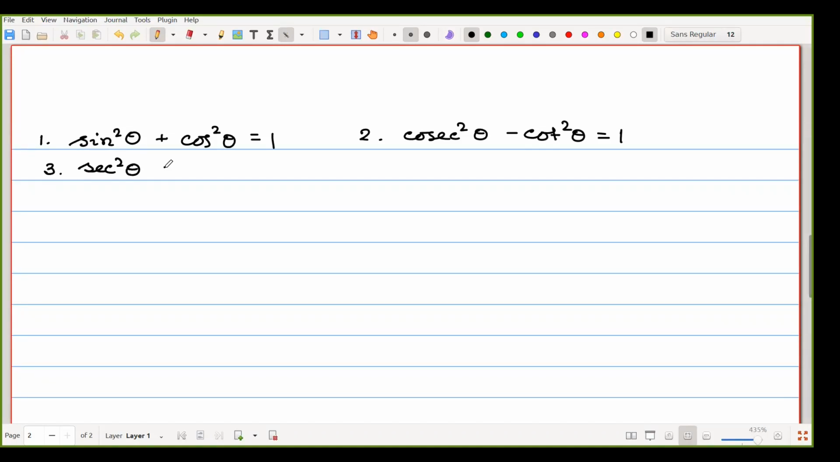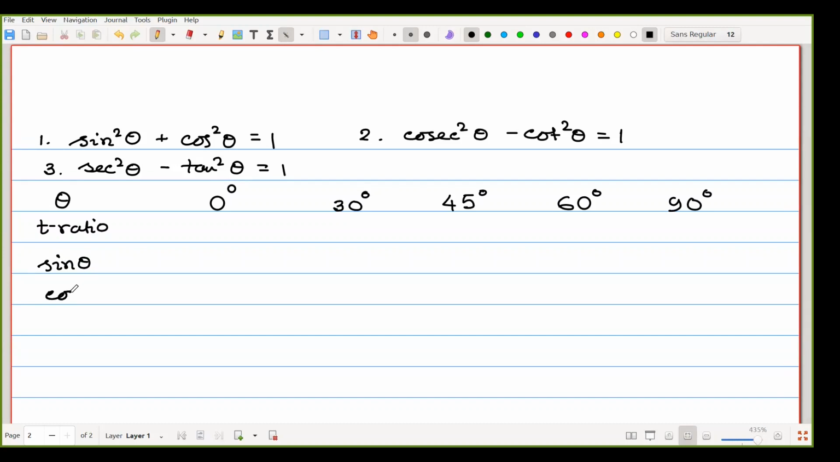Sec square theta minus tan square theta is equal to 1. Now for some particular angles, suppose theta is here, the trigonometrical ratios for the angles are 0 degree, 30 degree, 45 degree, 60 degree, and 90 degree. And T ratios are sine theta, cos theta,